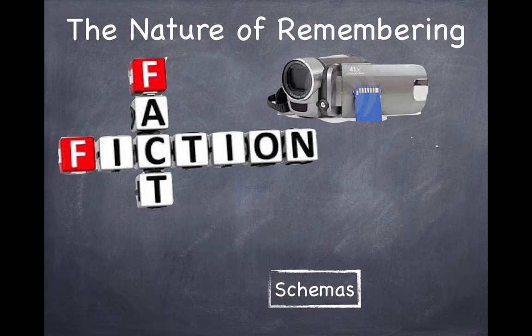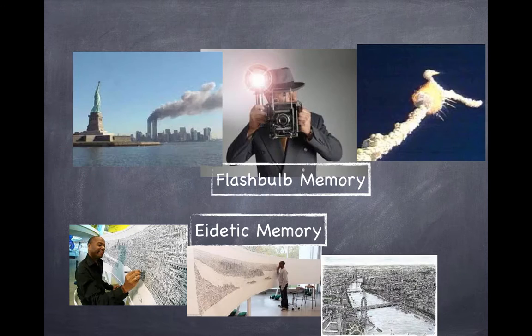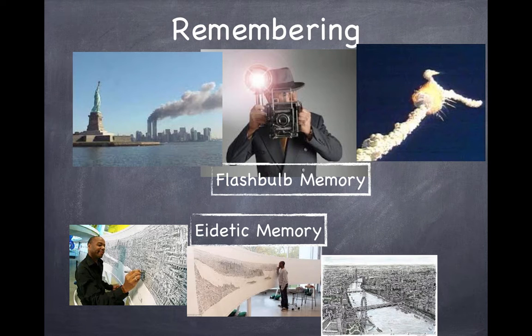So let's look at some more about memory. When we think about memory, we also have different forms of remembering. And one form is what's called flashbulb memories. These are very vivid memories that tend to be connected and tied to emotion. They're extremely vivid memories of conditions surrounding one's first hearing of the news, for example, of things that are surprising, shocking, or highly emotional events.